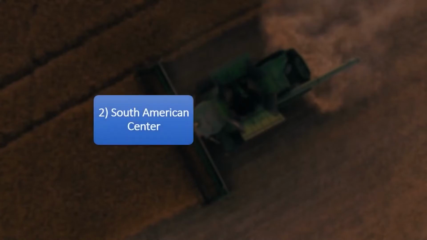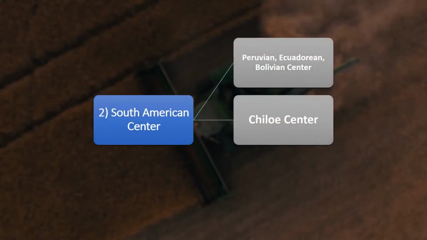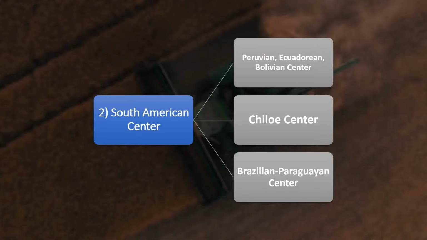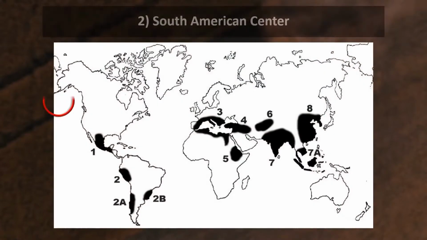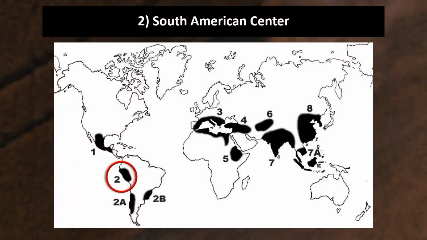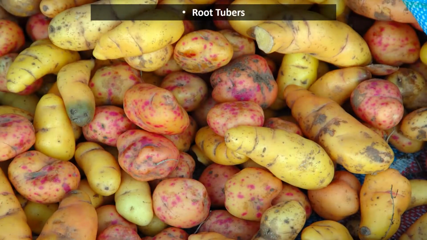Coming to the second center of origin is the South American center. It has listed about 62 plants and 3 sub-centers. That one is the Peruvian, Ecuadorian, Bolivian center. That is the origin of root tubers, like the Indian potato, the Andean potato and other endemic cultivated potato species, and 14 or more species with chromosome number varying from 24 to 60, and then edible